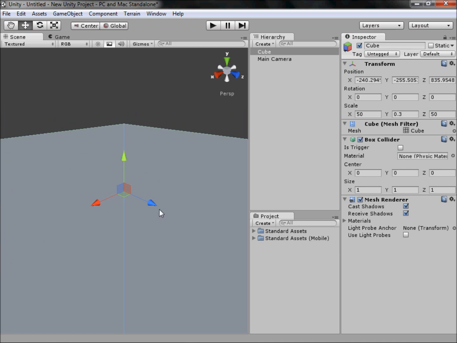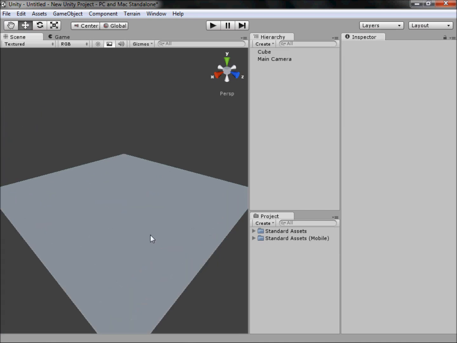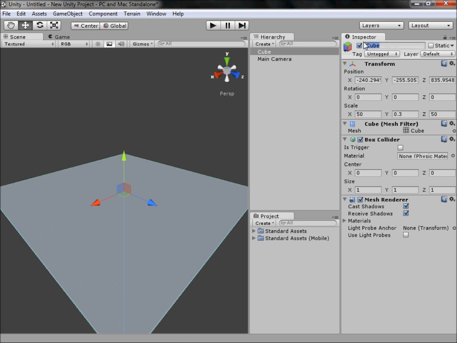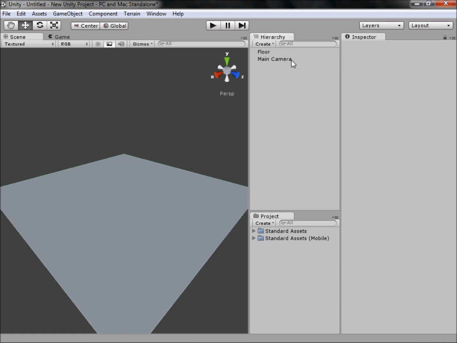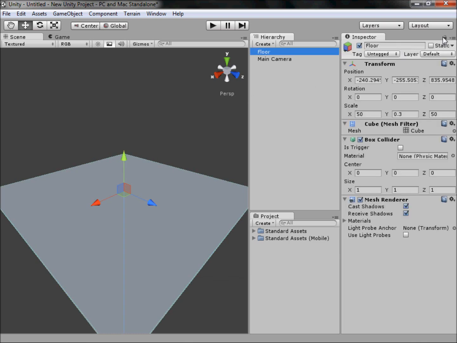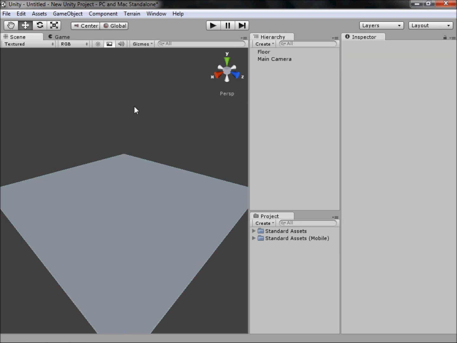Now if we scroll out, as you can see, we have a basic floor, so rename Cube at the top to Floor. As you can see in the object stats, or I forgot what I'm going to call them, you can see Floor's been changed. So make sure you press enter after, and I don't know if Mac has an enter button, but yeah. So once you've done that,